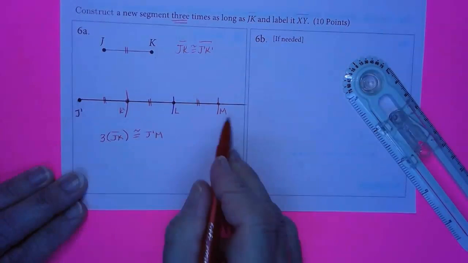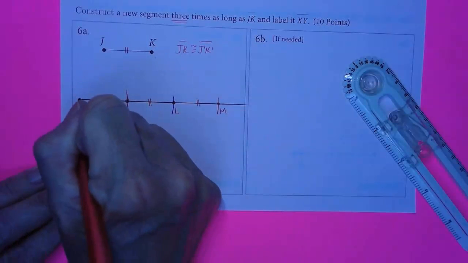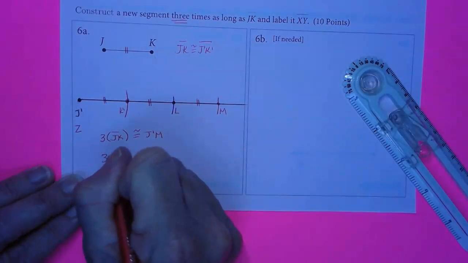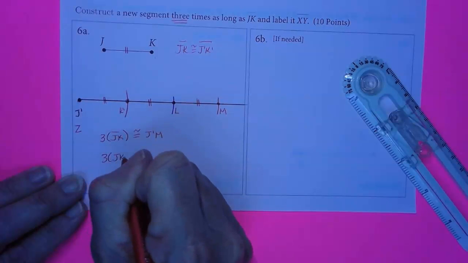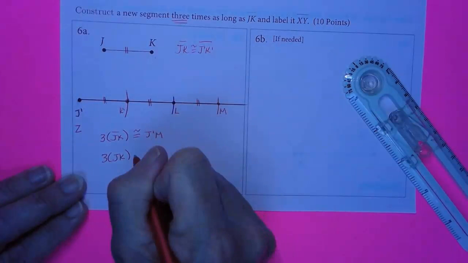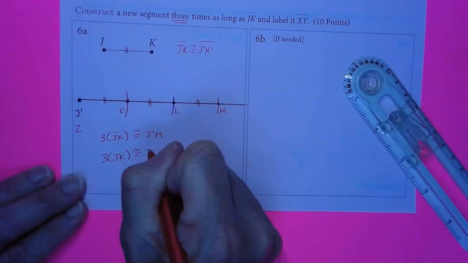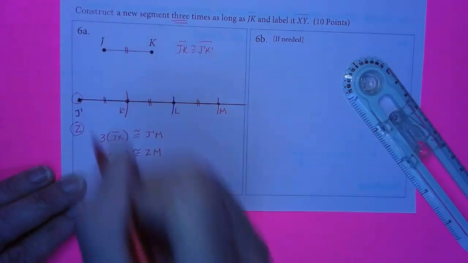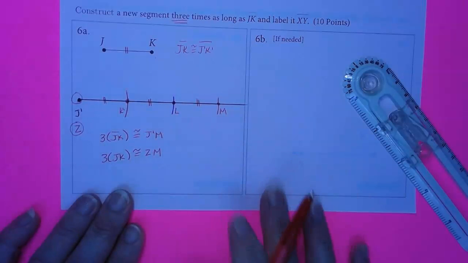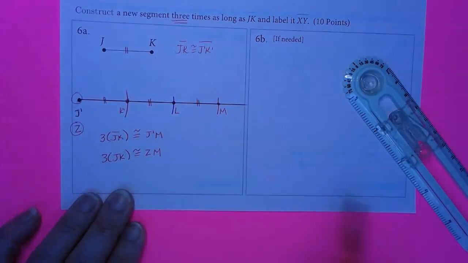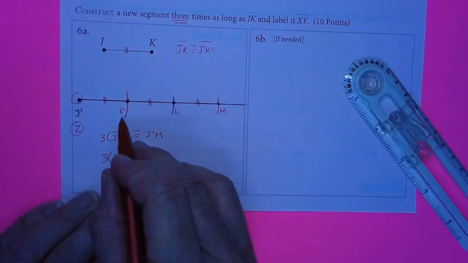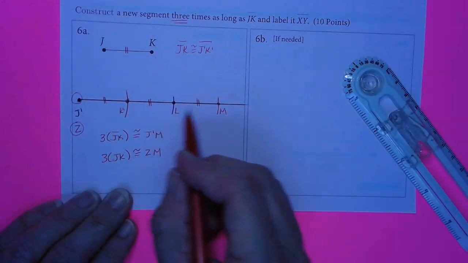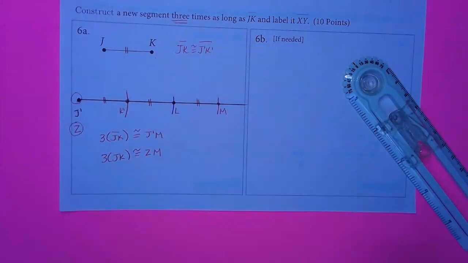Or you could call that a whole new letter, Z. 3 times JK, the original JK, congruent to ZM, because I'm putting the Z as another name for the point right there, just so you're indicating correctly. You could also say JK prime plus KL plus LM congruent to all line. Many different